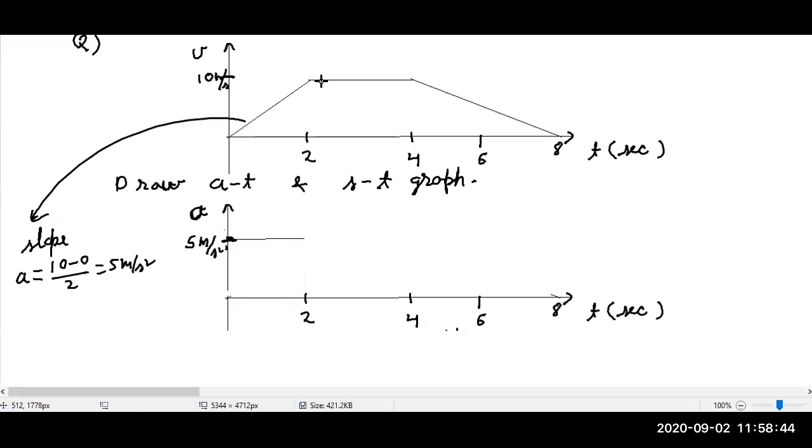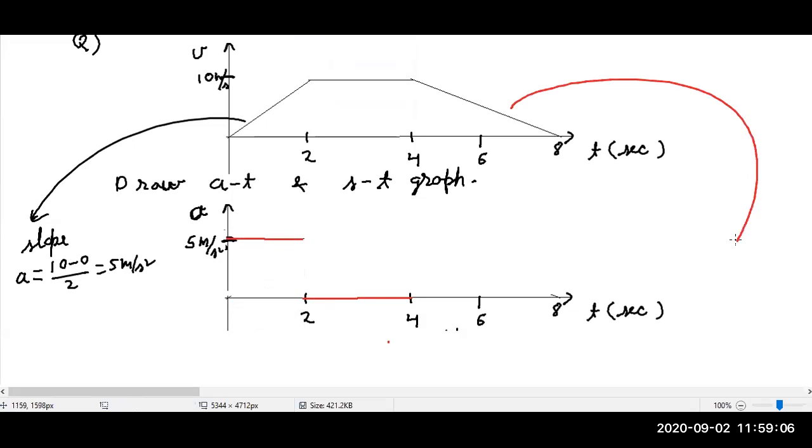and then there is a constant velocity from 2 to 4 seconds. Constant velocity means no acceleration. So this time the acceleration will be 0 from 2 to 4 like this,